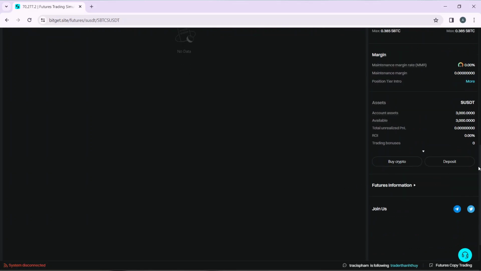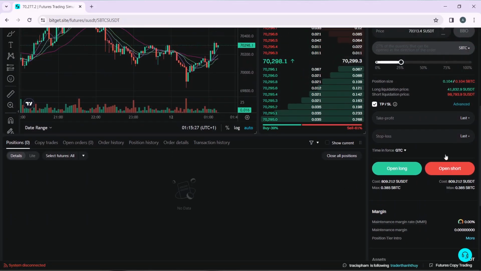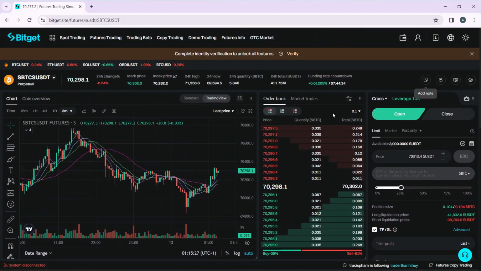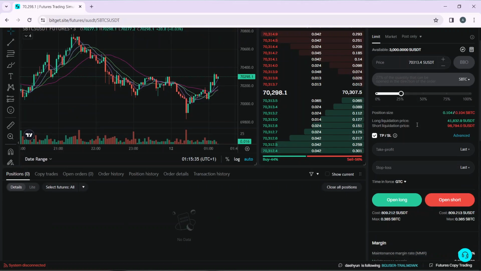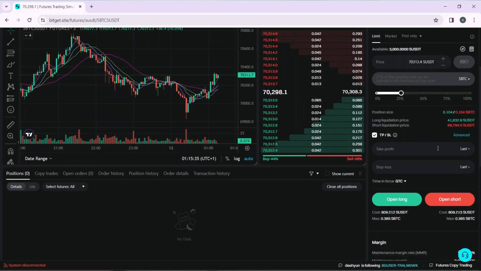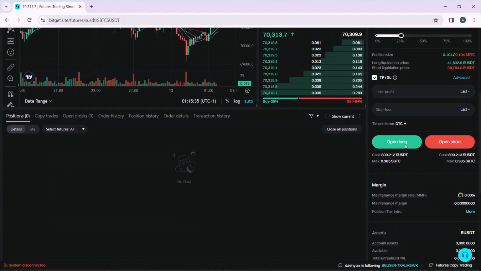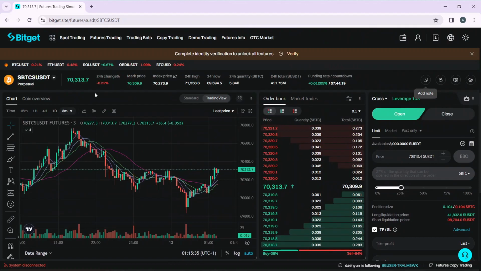Okay, so you can even buy crypto, you can deposit and get your test coins or your test wallets. Like, those coins are actually not real coins, but you can definitely find them so that you can start trading using this option. So this is exactly where you can go to start your demo trading right here in